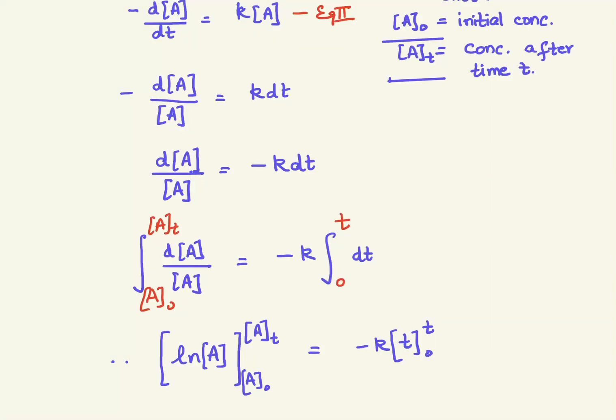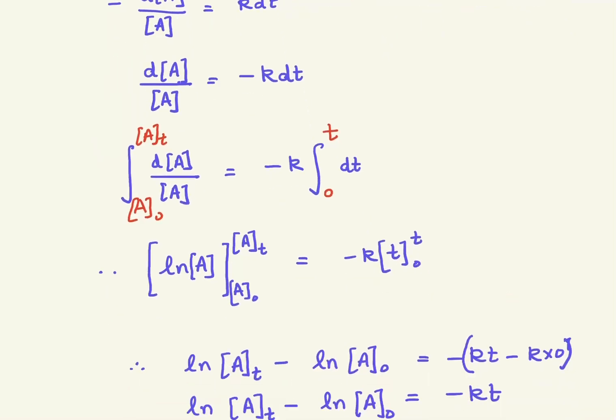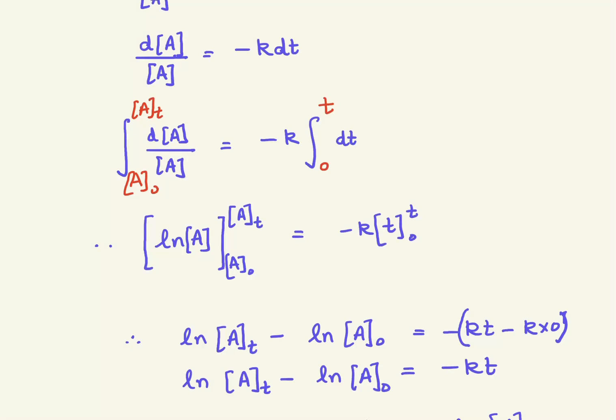So what do we have over here? We will have natural log of A, but I'm not putting the integration constant because I am integrating it between the limits A0 and AT, minus K, again time. What is the number over here? 1. So that is why we get t integrating between the limits 0 and t. Now in some of the books, the integration has been shown with a constant. Let me just talk about that a little later.